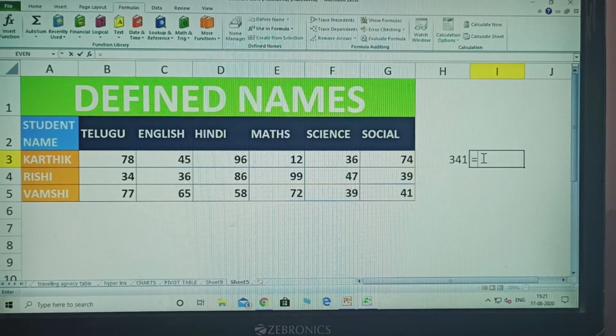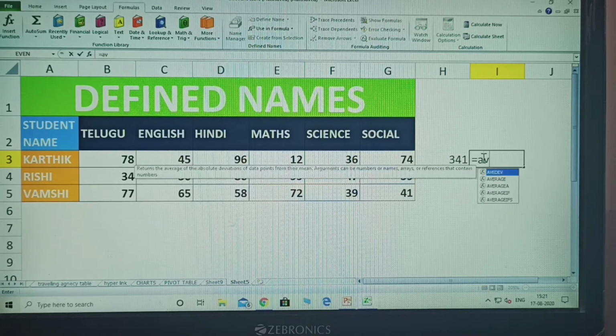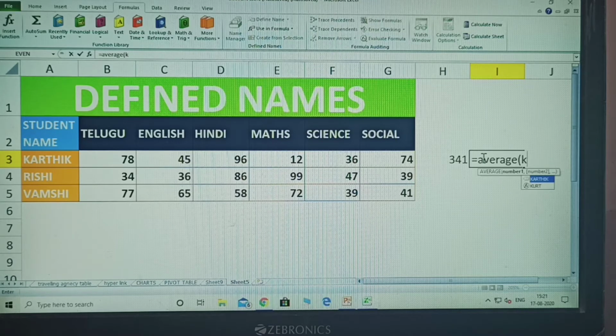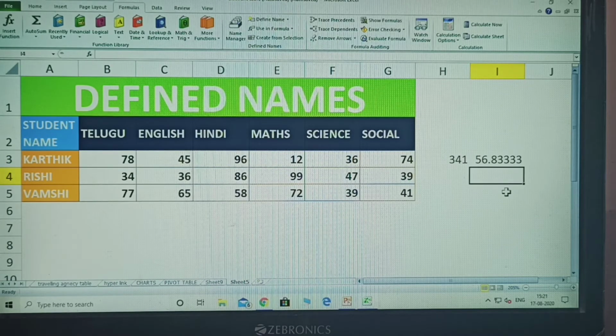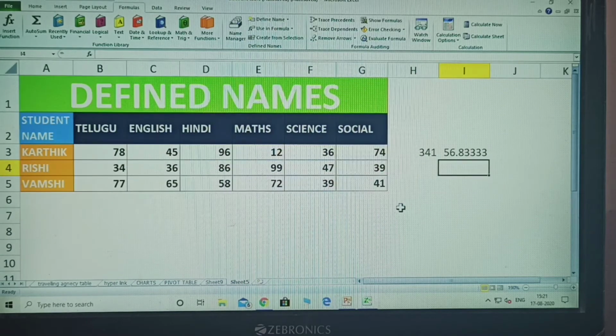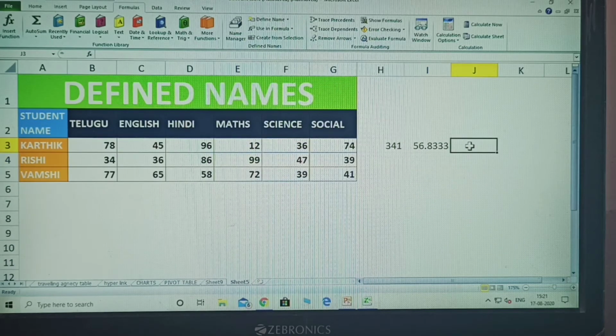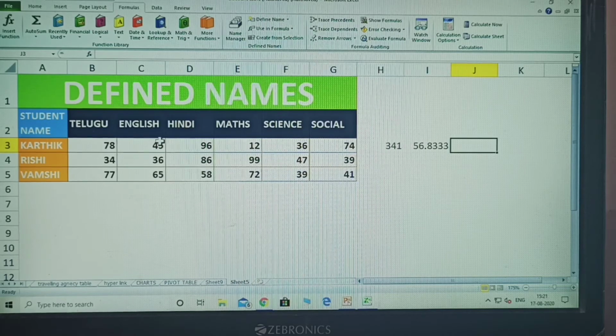Now average, how to use the average in this? AVERAGE. Okay, same, Karthik. Tab that one, close the bracket, click. This is the define average also. What is the maximum number of Karthik?